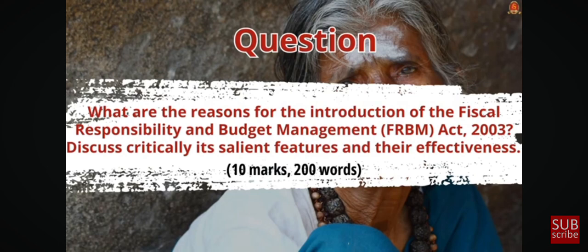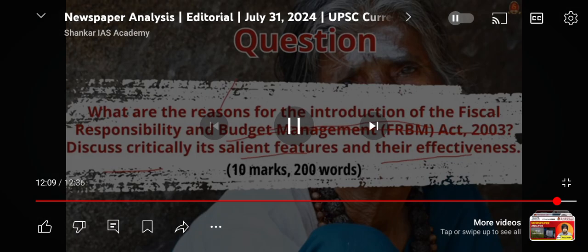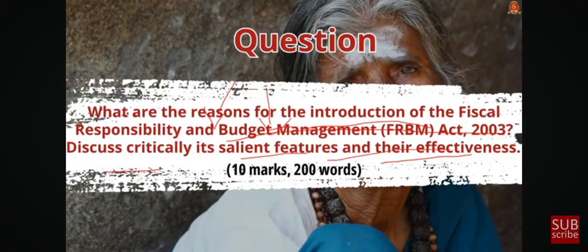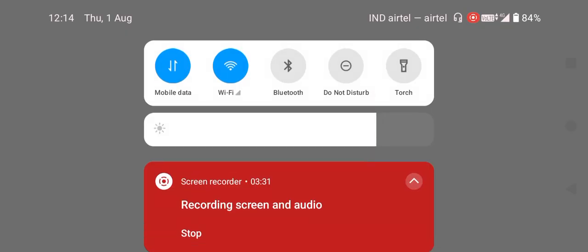So with this understanding, let us try to answer this mains question displayed for you. What are the reasons for the introduction of FRBM, that is Fiscal Responsibility and Budget Management Act of 2003, and discuss critically its salient features and effectiveness. Here, you have to mention all the provisions of the FRBM Act and how it has been used in reality. And moving forward, you also have to mention the effectiveness in today's scenario with the way forward. So if you guys are interested in answering this question, please answer